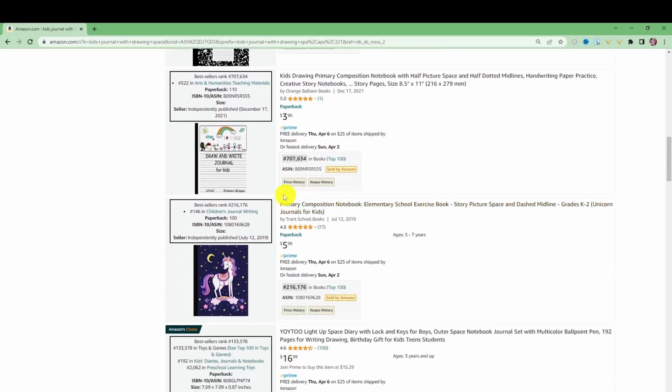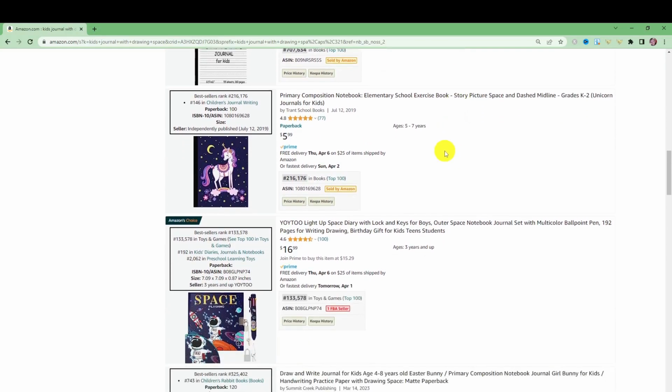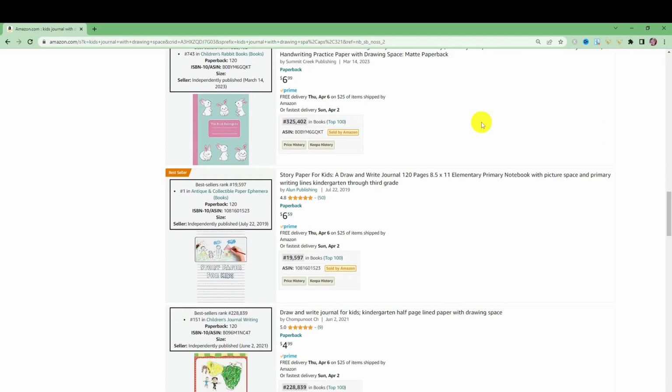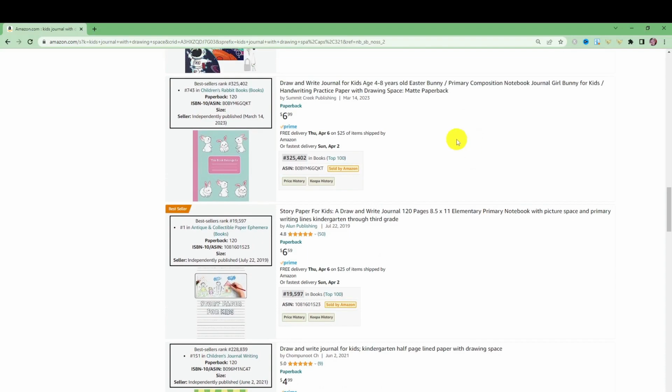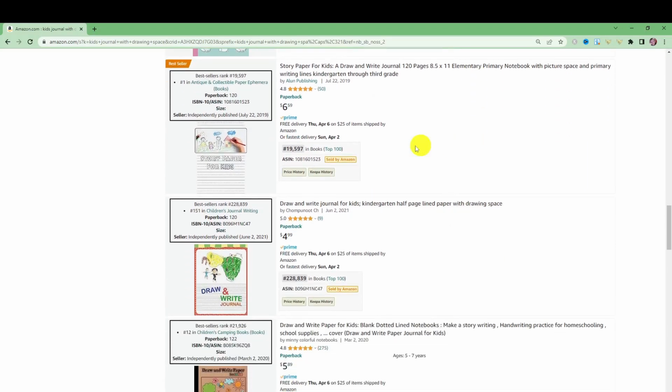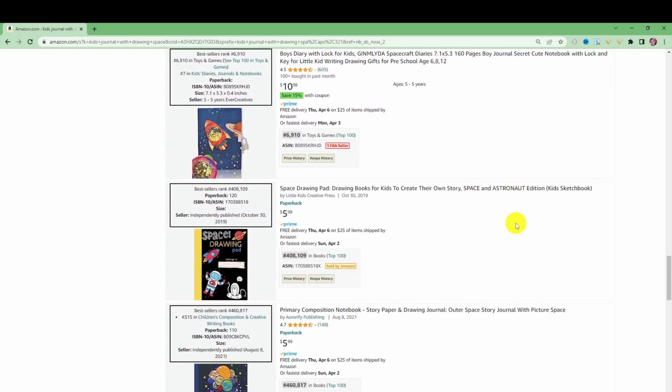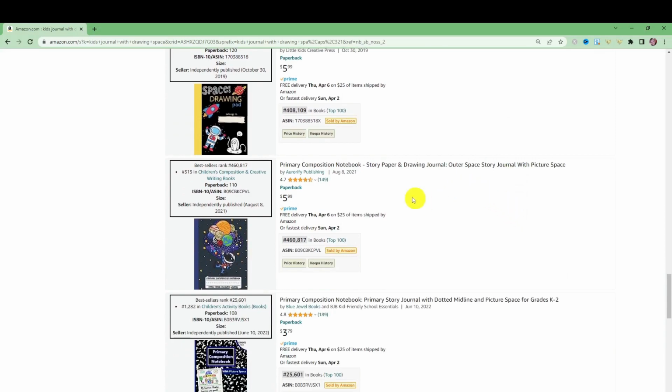Simple cover as well. Draw and Write Journal for Kids, 707,000. Not incredible, but published 2021, not too long ago. 2019. This one is not independently published, and it's coming with a pen and a lock and key. This one, Draw and Write Journal for Kids age 4 to 8, Easter Bunny, so this one's more aimed at Easter perhaps. Story paper for kids. This has got a great BSR, published 2019, long time ago. Draw and Write. So yeah, we can get some ideas as to what looks like it sells